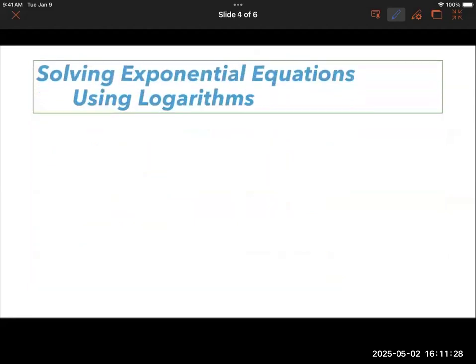Now, what happens when you cannot rewrite your exponentials with the same base? So let's say, for example, I have 3 to the 2x on the left side, and it's equal to 15 on the right side. There is no way to rewrite 15 as a power of 3. And so we need a different method when we're not able to rewrite using same bases and using our one-to-one